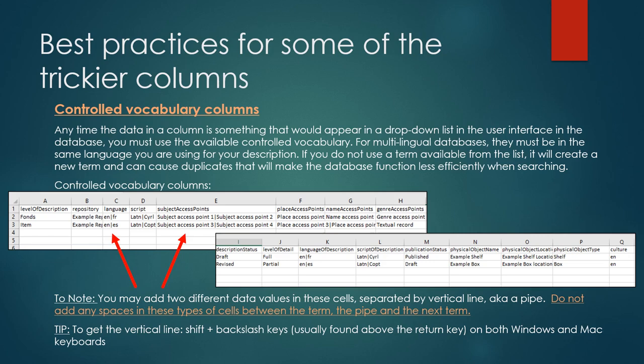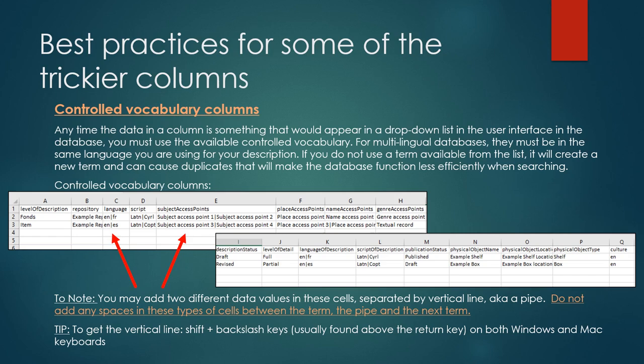If you happen to misspell something, for example, again using level of description, if you happen to put files as your level of description instead of file, it won't recognize the term that you already have in your controlled vocabulary for that area, and it will create a new term called files. This is especially tricky sometimes if you're working with subject access points and place access points. So those are always the things that you need to be thinking about when you're using some of those controlled vocabulary